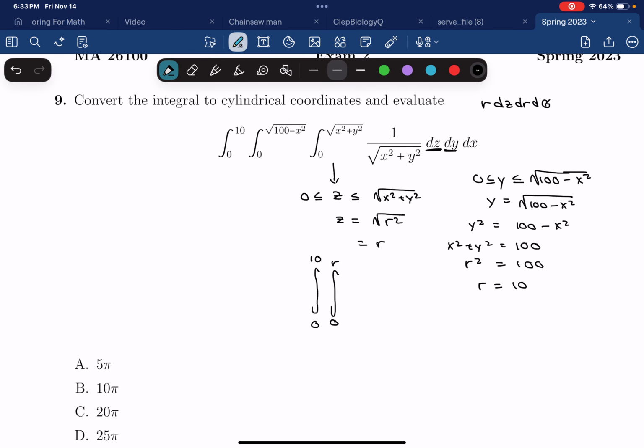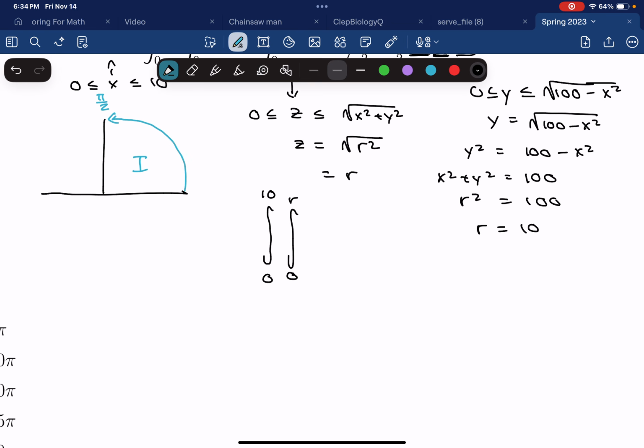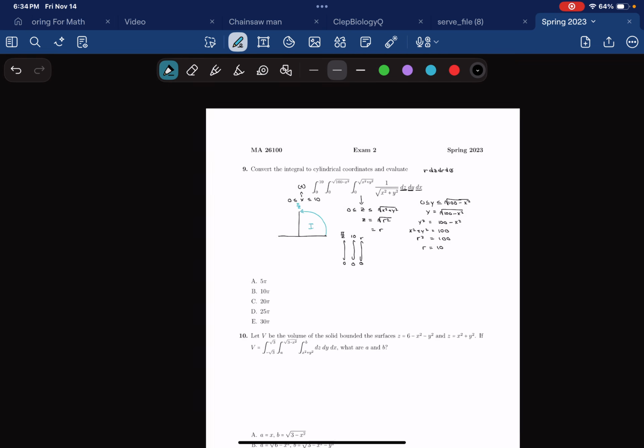And finally, our theta. We know that x is bound between 0 and 10. In this case, if you look at it, since x must always be positive, it'll only run through the first quadrant, which is pi over 2. So it'll run from 0 to pi over 2, and our integrand right here,